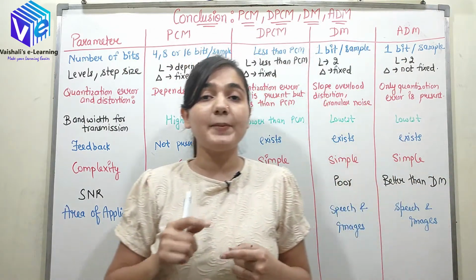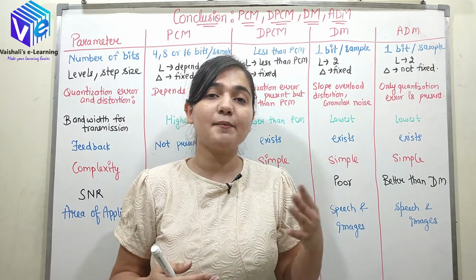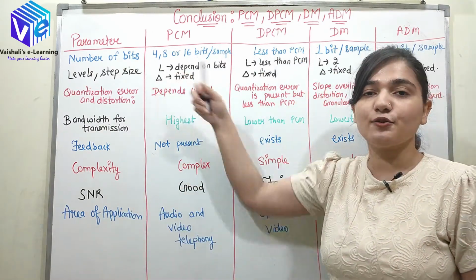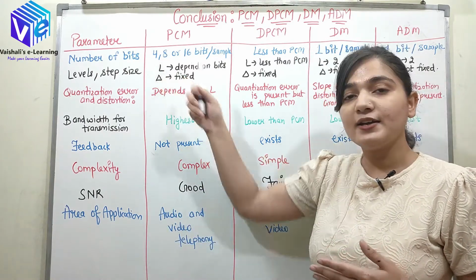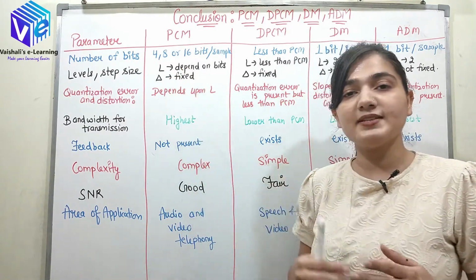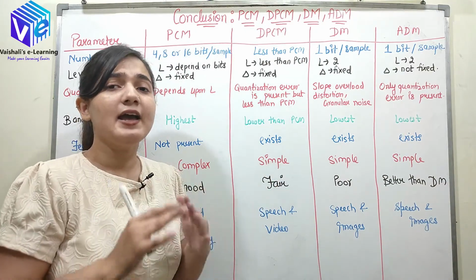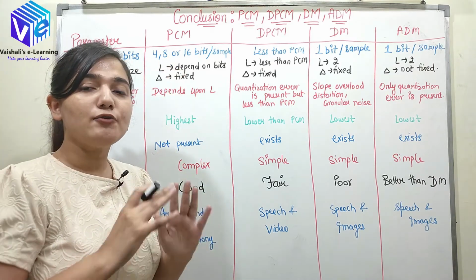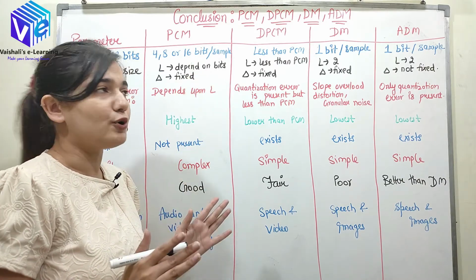So when I talk about the pulse code modulation, there I told you the number of bits required depends upon the encoder. So if I am choosing an encoder of 4 bits, it will require 4 bits to transmit the signal. If it is of 8 bit, it requires 8 bits per sample. So here 16 means 16 bits per sample. It can require more bits per sample as well. It will depend completely upon the encoder. So I hope now you understood the bits per sample depends upon the encoder.